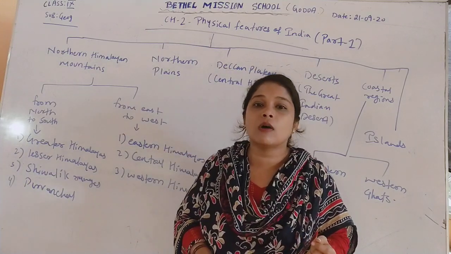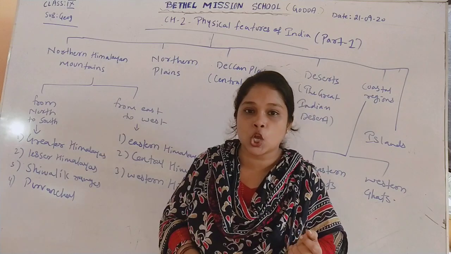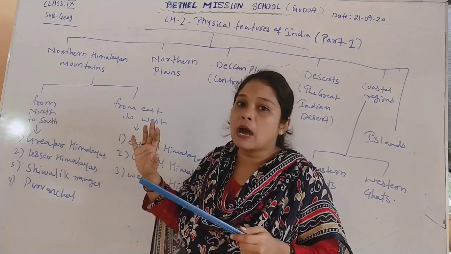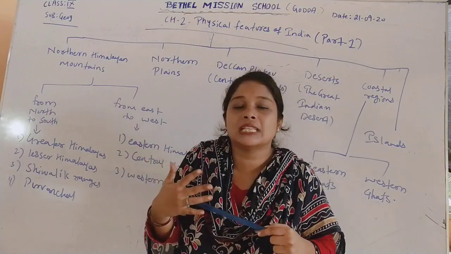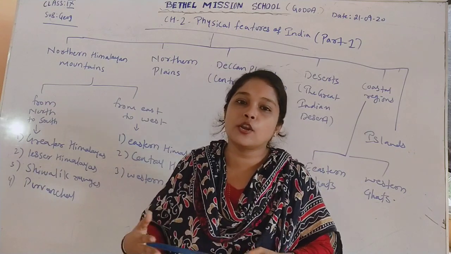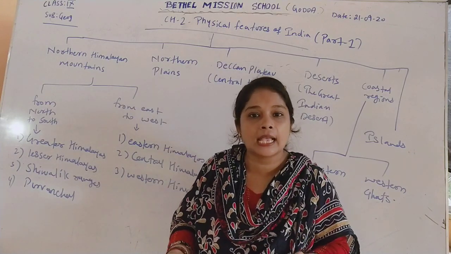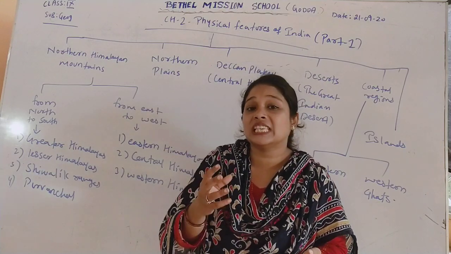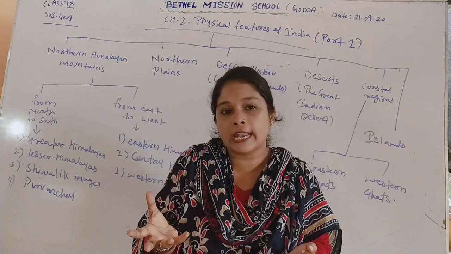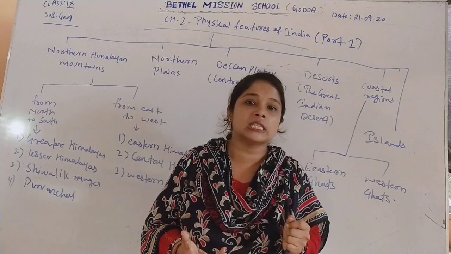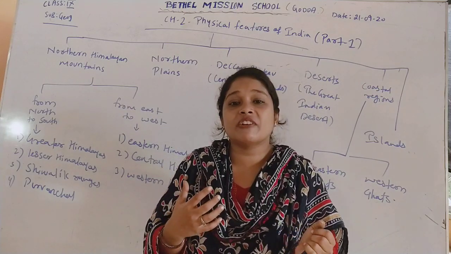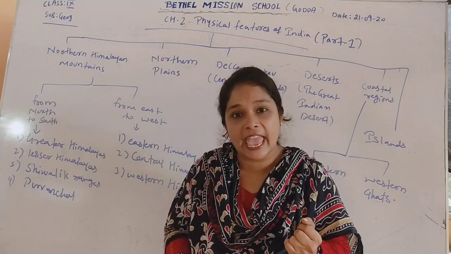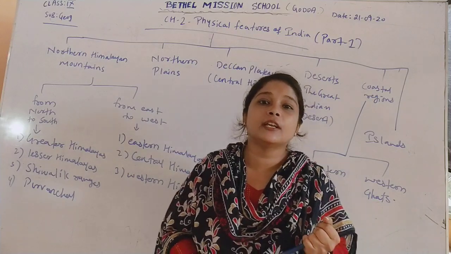Now why are these northern mountains called Himalayan mountains? Because these mountains lie in the Himalayan regions. Mostly all these ranges of mountains lie in the Himalayan region. That is why the northern Indian mountains are also known as northern Himalayan mountains. Now when we talk about the northern Himalayan mountains, we have seen in our Zoom online class also that they are very lofty and very rugged mountains. Loftiest means its height is very high, and it is made up of granite rock.